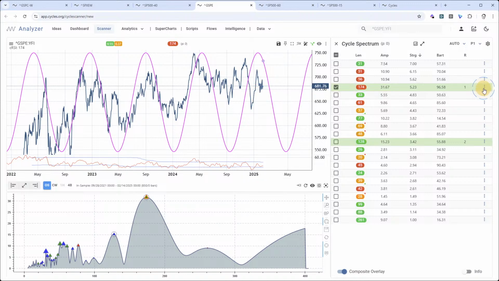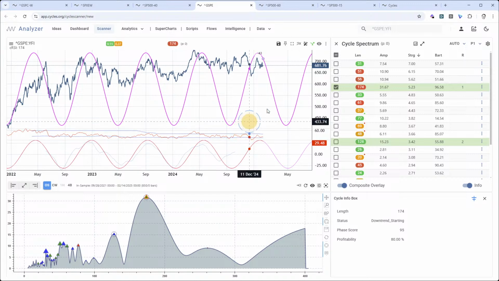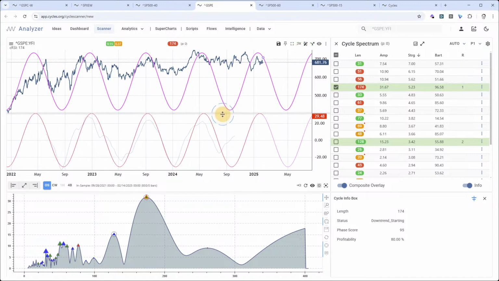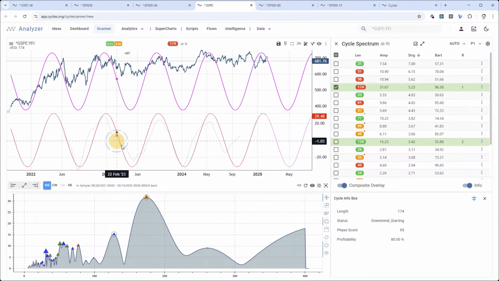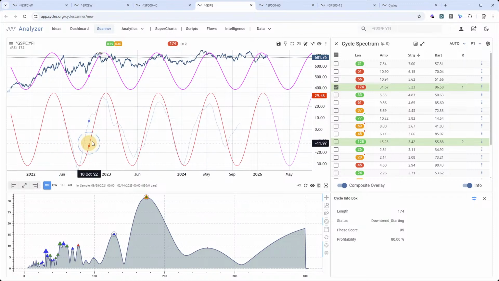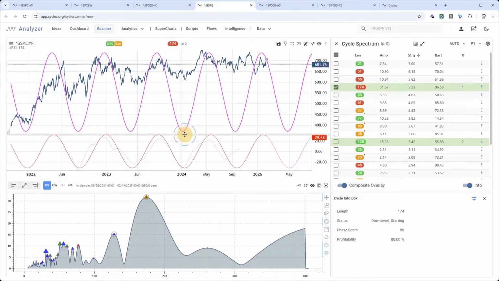What we also could do, I recommend that if you're a user of the tool, you could add the cycle highlighter, which I've just put here at the bottom. So the red line is just the same, but you see here as light blue, this is the cyclic price behavior. And if you have a match between the light blue and the red, you can see that there's real rhythmic behavior in price related to that cycle. It's the same as trying to visually plot or connect those bottoms and tops here and then draw your conclusion visually. This is all done with the cycle highlighter here. You just see if you have a high correlation between red and blue. So there are no phase shifts and no amplitude shifts in price and those theoretical